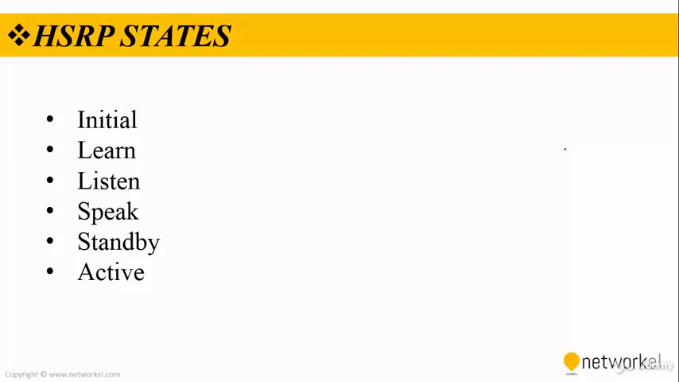In the learn state, the router has not determined the virtual IP address and has not yet seen an authenticated hello message from the active router. In this state, the router will still wait to hear from the active router. In the listen state, the router knows both IP and MAC addresses of the virtual router, but it's not the active or standby. In the speak state, the router sends periodic HSRP hellos and participates in the election of active